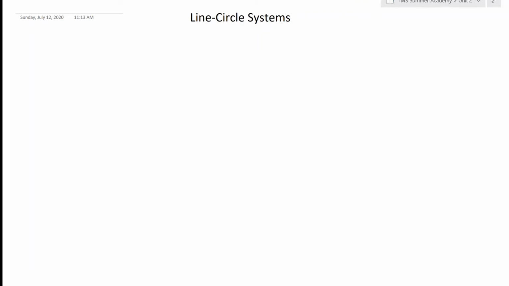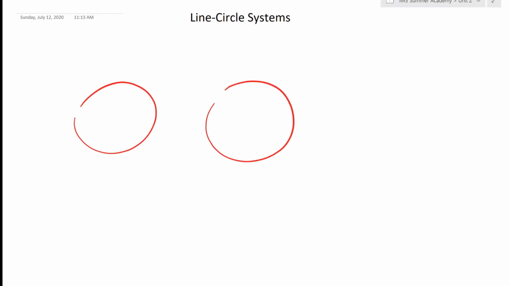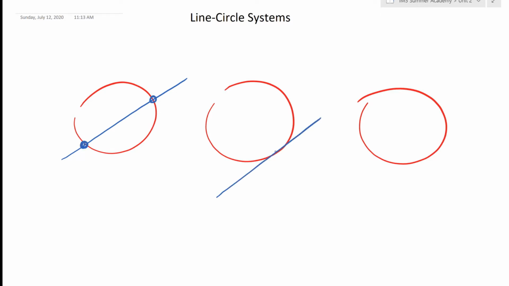Line and circle systems are the next step up for us when it comes to graphing two different shapes and seeing how they cross. In this case, we're talking about circles being crossed by lines, and there are three ways that this will work out. Most times we're going to see it like this, where it crosses twice. Occasionally we'll see it where it looks like this, where it crosses once, and occasionally it won't cross at all. So 2 times, 1 time,